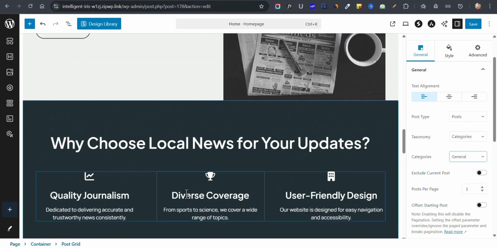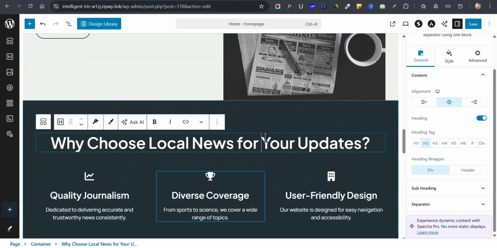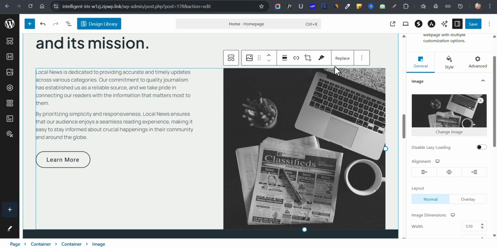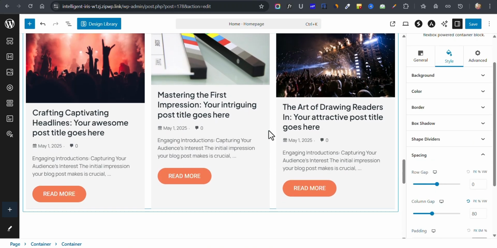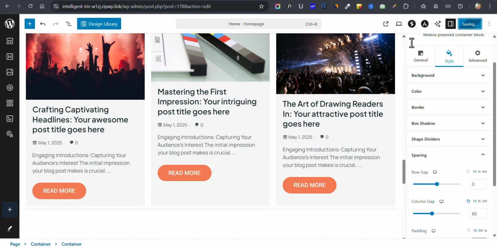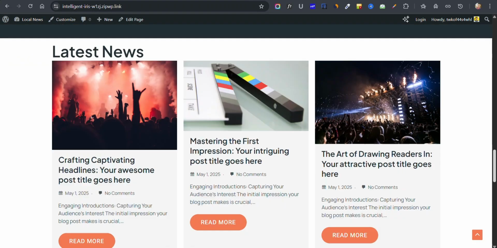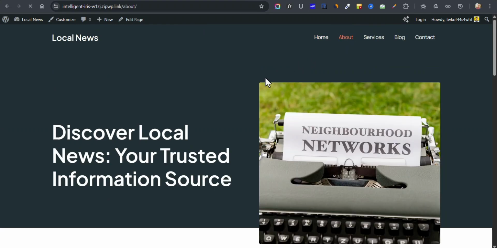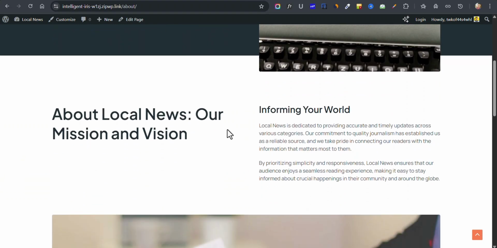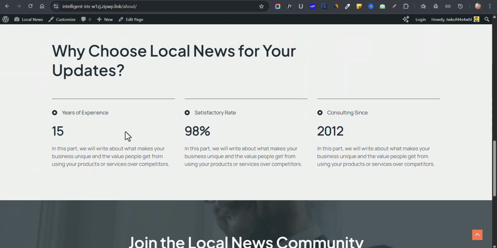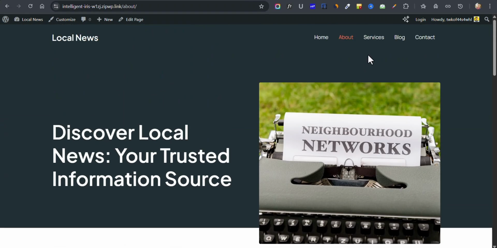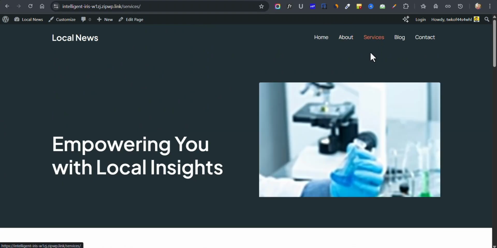And you can also select any of the text and you can change it. You can change your images by clicking on the replace button. So this is how simple it is to create a website using AI. So let me click on save. So let's check different pages. So let's go to the about page, and we have about local news, our mission and vision, and we have all these sections. Let's click on the service page,